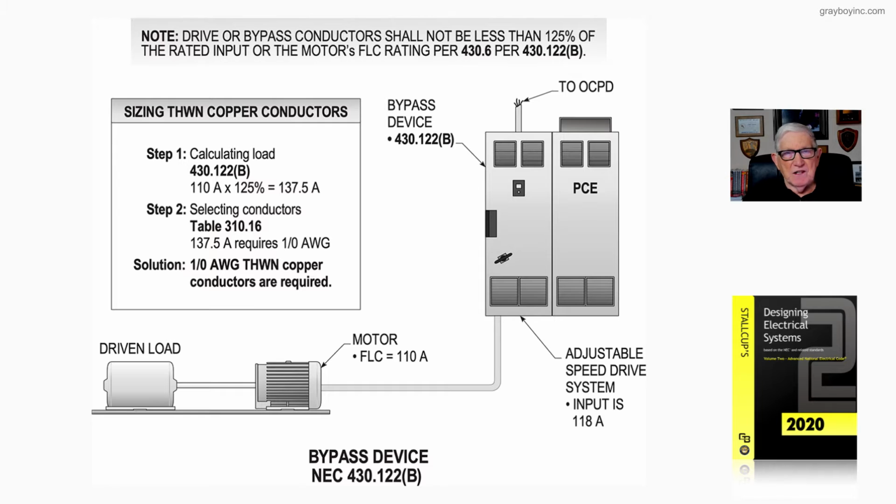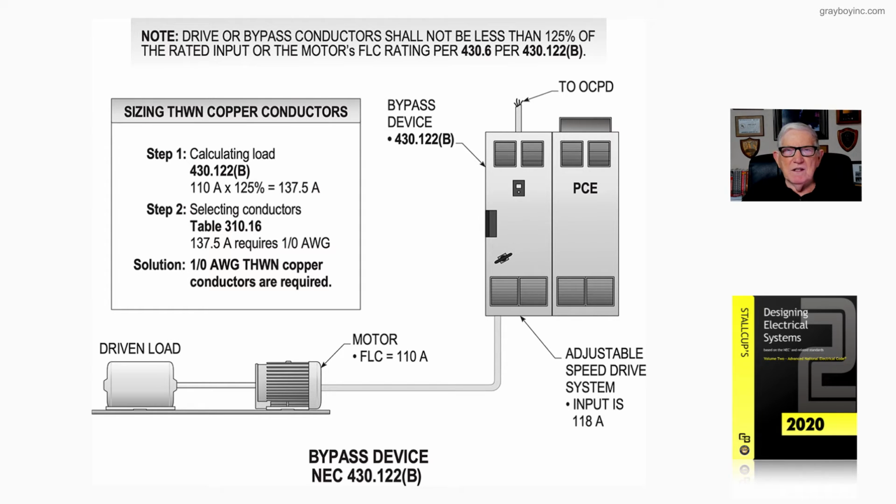430.122(B) and (C). Now, notice the bypass device, we can read about it in 430.122(B) and (C) of the code. The procedure for sizing the copper conductors is calculating the load. So